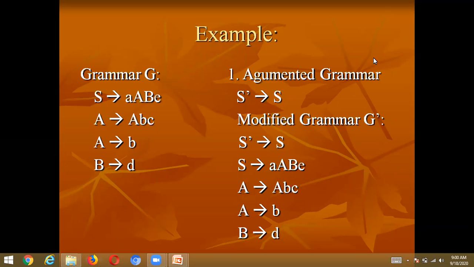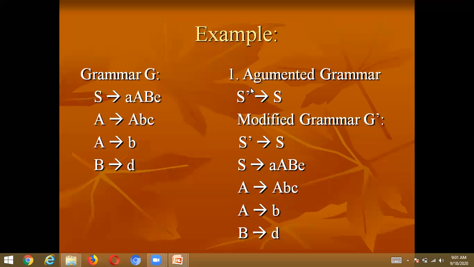And today's concept is about learning how to compute the goto function. In yesterday's class, I made you understand how to form the augmented grammar G dash from the given grammar G, then how to compute the closure of I, and then how to name the closure of I function. These are the three things that I explained in the last class.